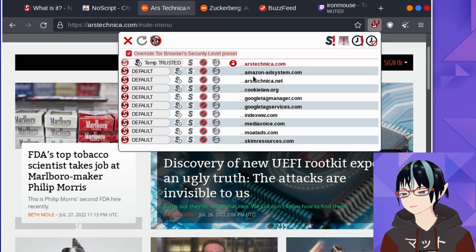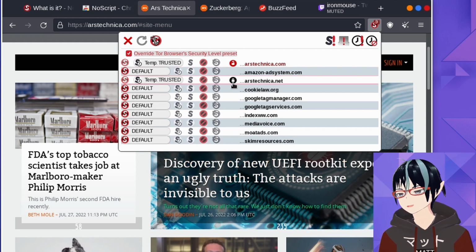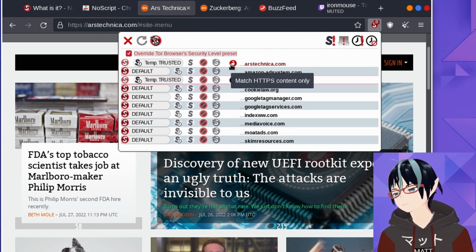ArsTechnica.net. Again, I'm pretty sure Ars Technica knows I'm here. Fine, whatever. I'll enable that. You'll also notice how the padlocks are different, right? So this red padlock, right, is